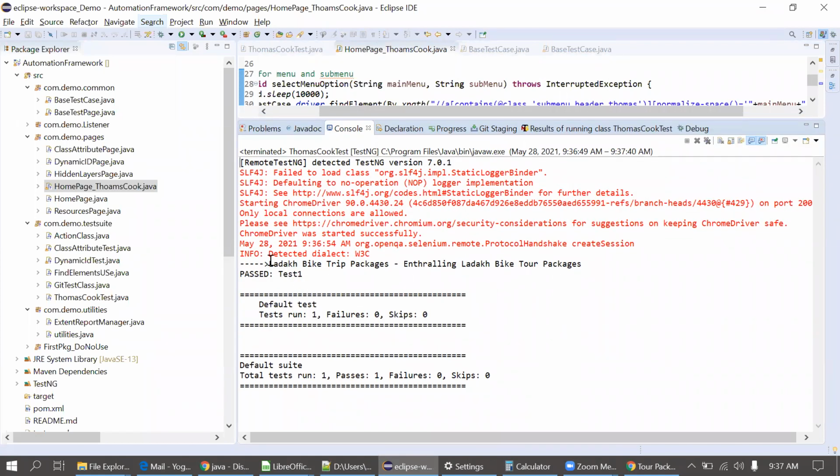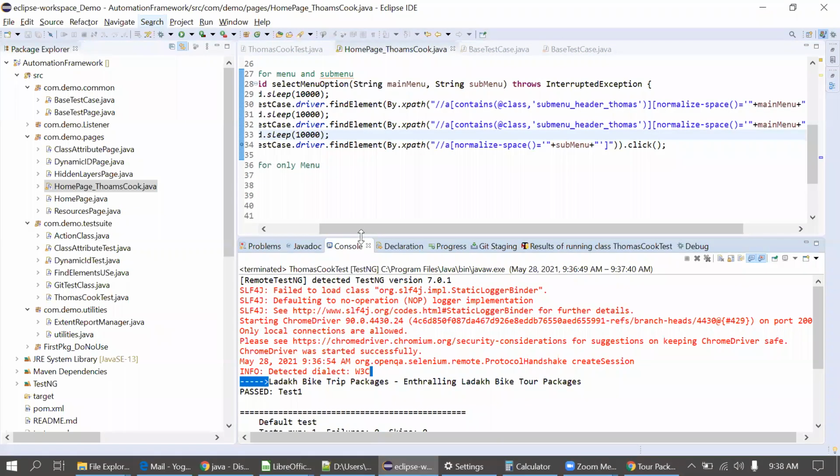Now you can see it works now. It's a page loading issue, not page loading, menu loading actually. You can say it's because of page loading. The menu was disappearing there.